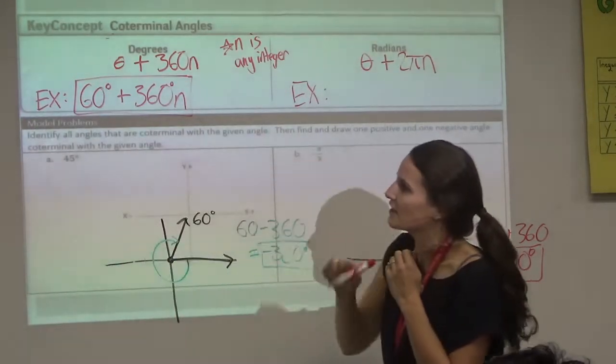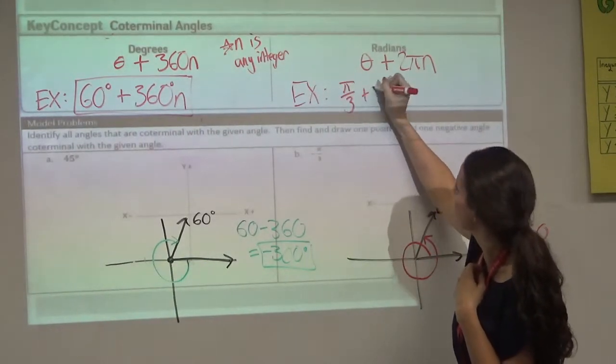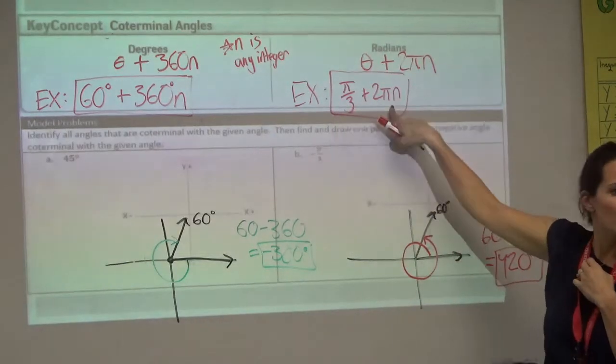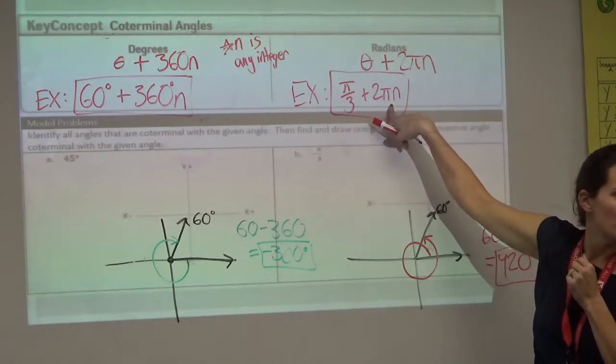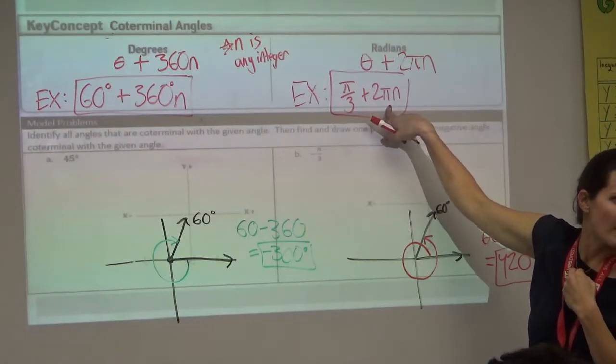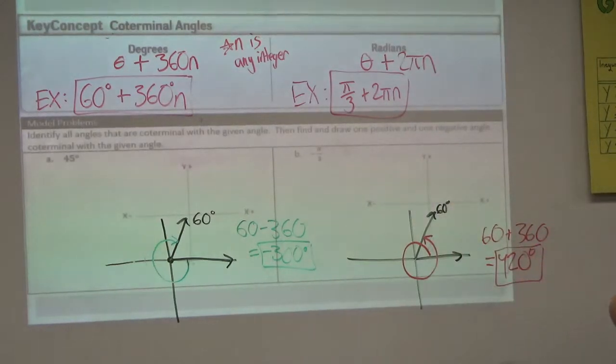6 divided by 18, yeah, 1/3. So we end up with pi over 3 plus 2 pi n. That's our starting angle, plus any multiple of a full circle will get us to the same terminal side. Okay? So at this point, we can